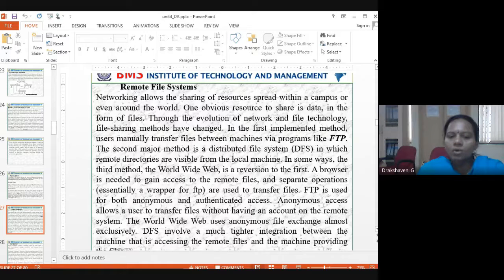Anonymous access allows a user to transfer files without having an account on a remote system. The World Wide Web uses anonymous file transfer almost exclusively. A distributed file system involves a much tighter integration between the machine that is accessing the remote files and the machine providing the files. That's about a remote file system.